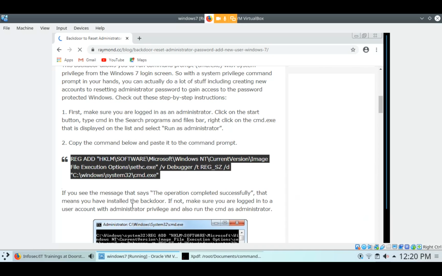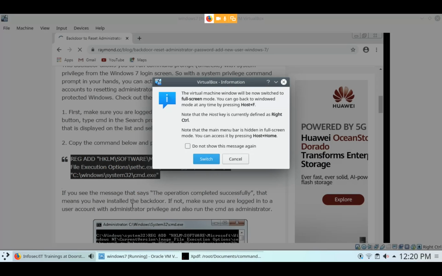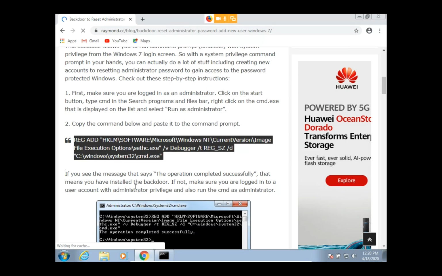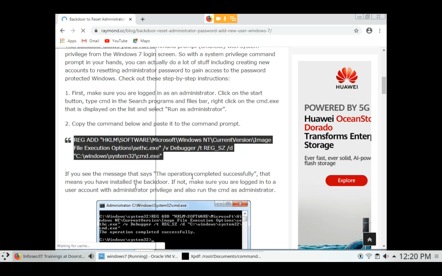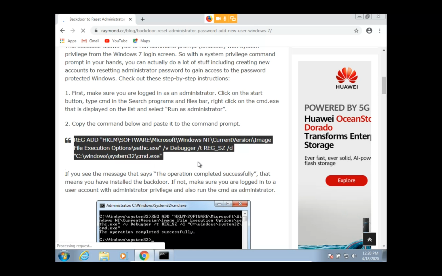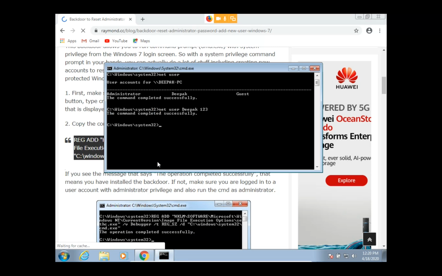This is the registry page. You can change this, but how can you change it? If you know, then show me. Here you only have to run this command. You have to copy this command, and after that paste it in CMD only.